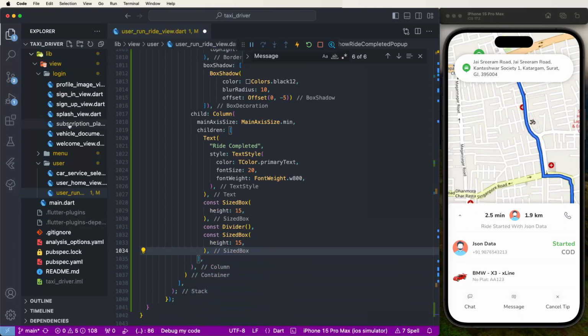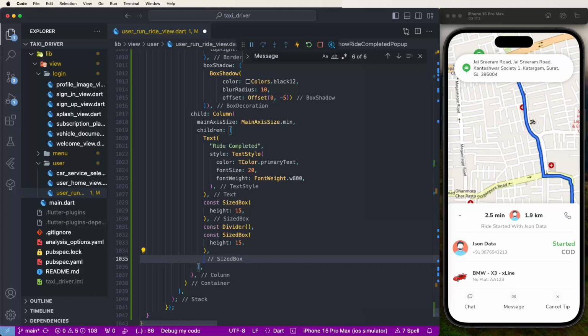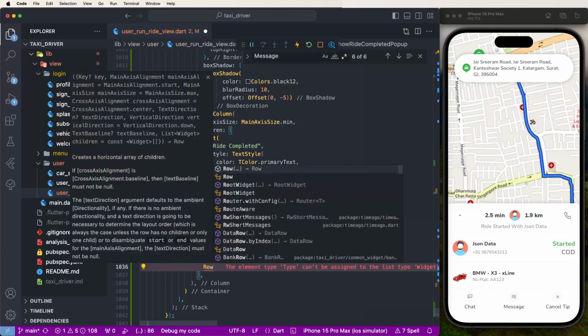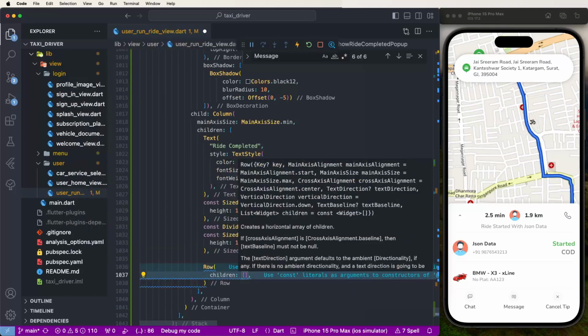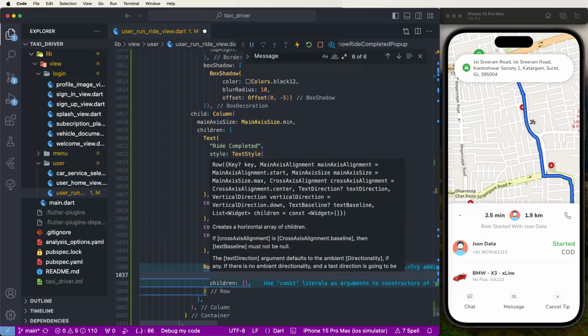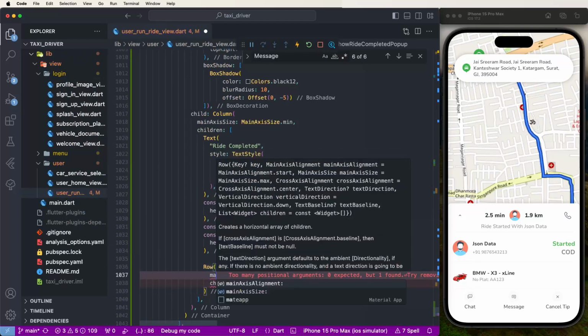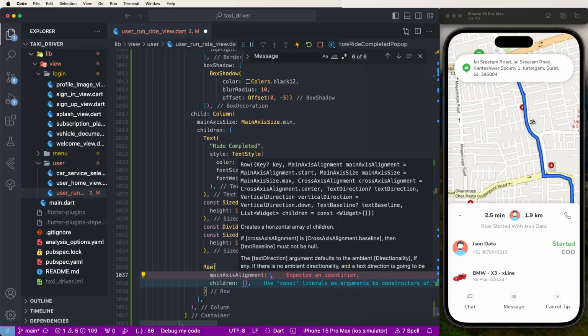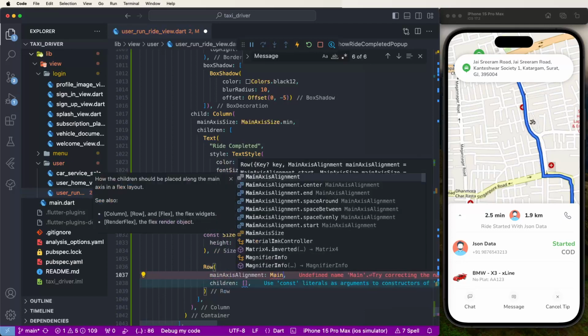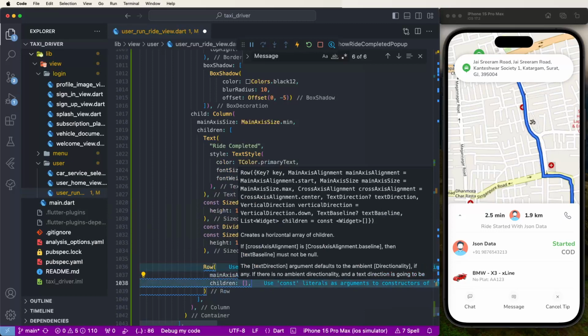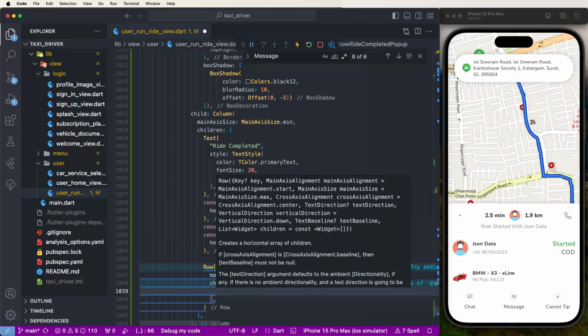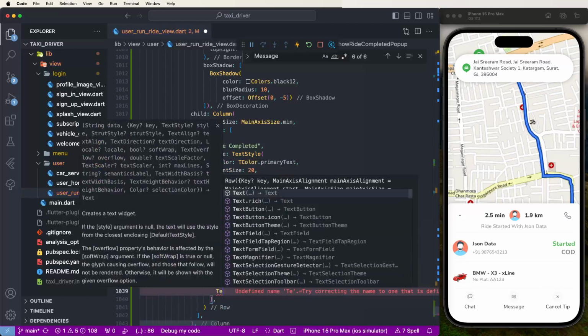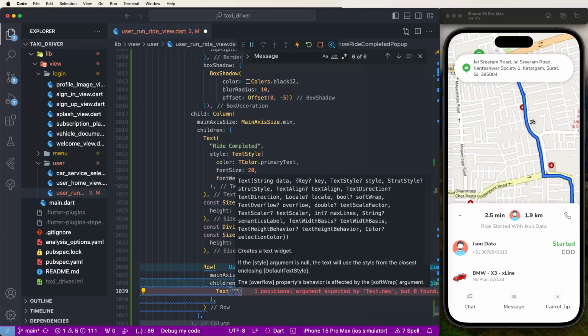Now we need to create here the text fields, to write down here the row, and to create here the children, and we need to show here the total distance of the ride. The axis element needs to set the space between, like this. Then after, we need to give this here the text. We need to set here the text as total distance,